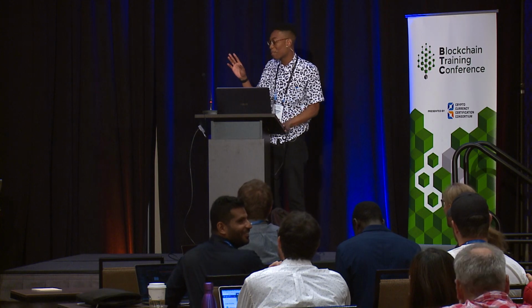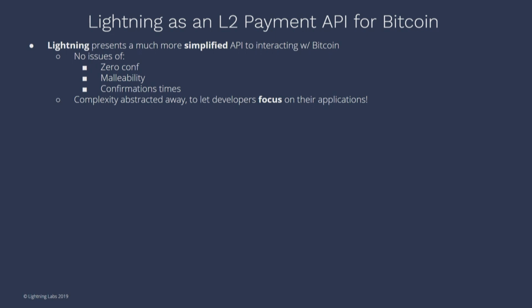So the main purpose is to give developers a simplified interface to interact with Bitcoin themselves, right? And I feel this is one of the big deals because initially many people were on other platforms or rails. They felt they couldn't really build applications on top of Bitcoin because it was so complicated to discover rails. But with Lightning, you can really just focus on the application themselves and have a more simplified interface.